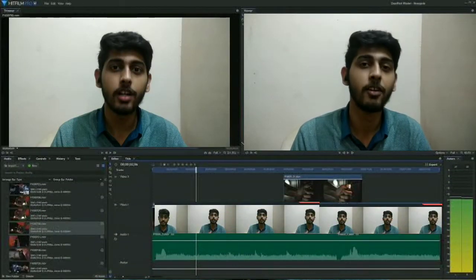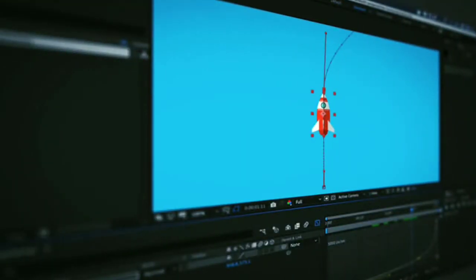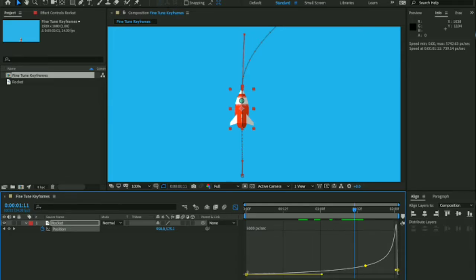There is layer on layer. You can do color grading. Composition is a really good thing about HitFilm. You can composite your characters or anything you want in it. That's a really good thing. There is also keyframing, tracking, and lots more. Chroma key is also there. You can do color correction, color grading,